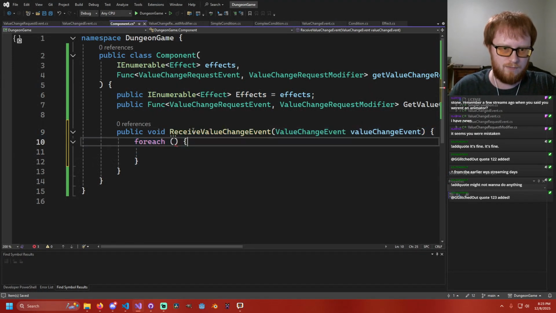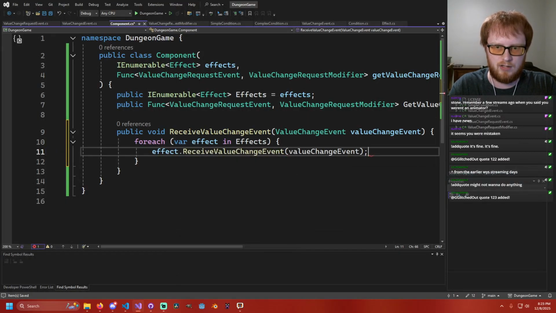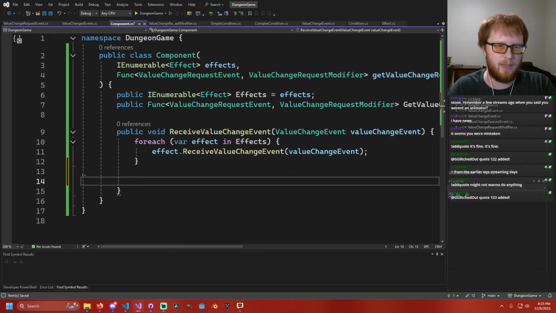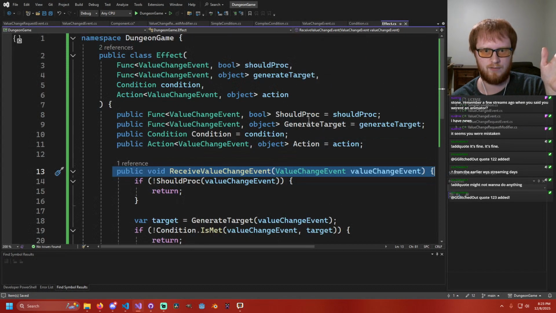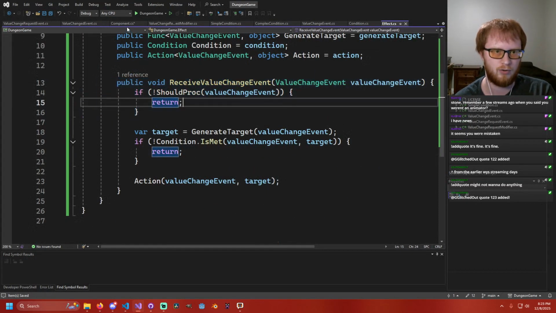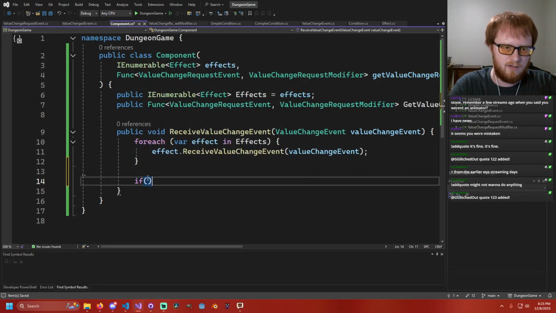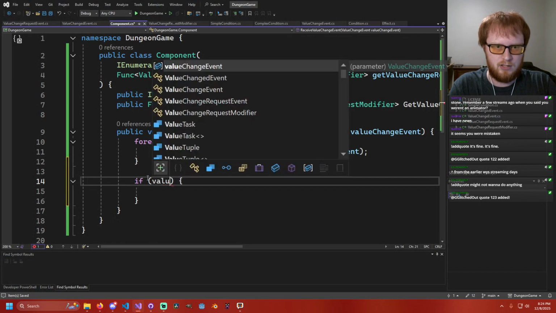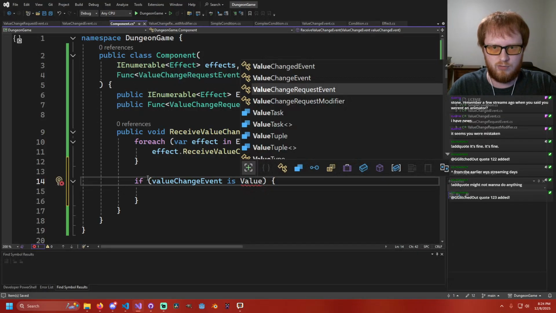So we'll say for effect in effects, effect.receive the event, and then the trigger of the effect, or this should proc function, is going to filter out all the events that they don't care about. But now we need to say if the value change event is a value change request event,